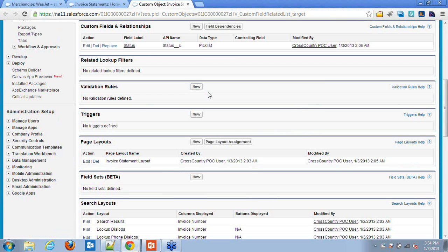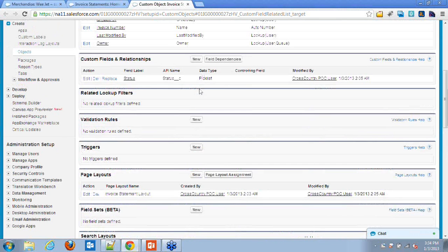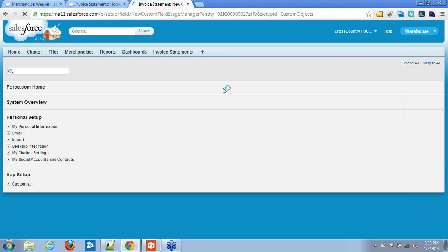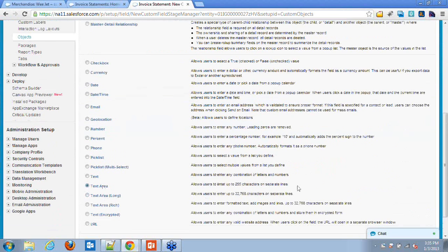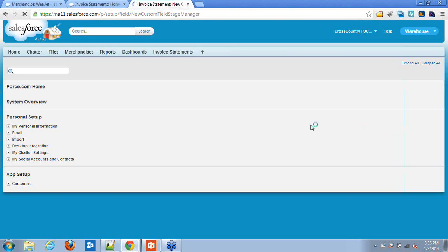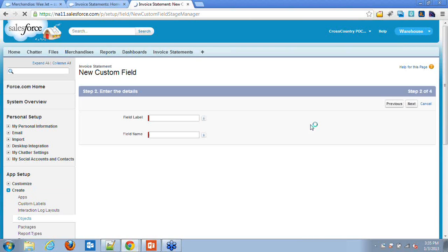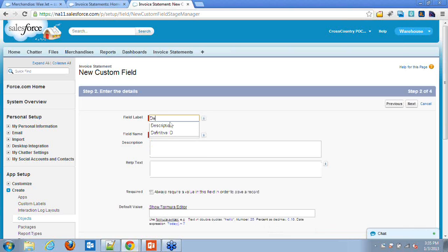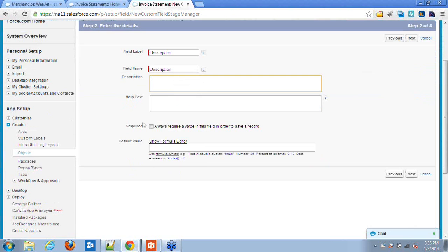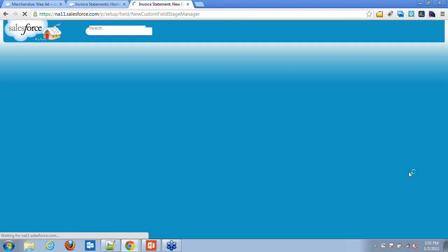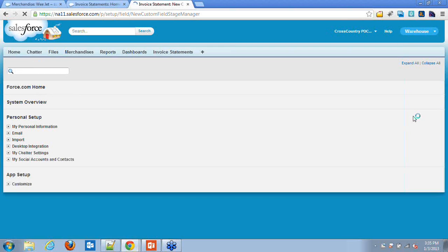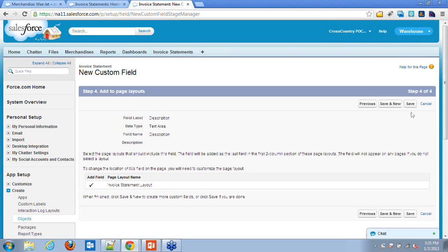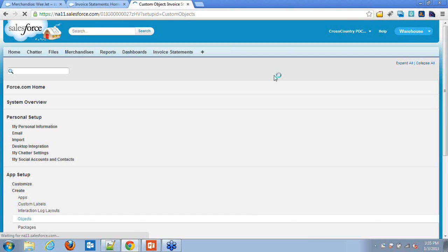Let's add one more field to it, a description, so that we can put some description for the invoice also. That's it.